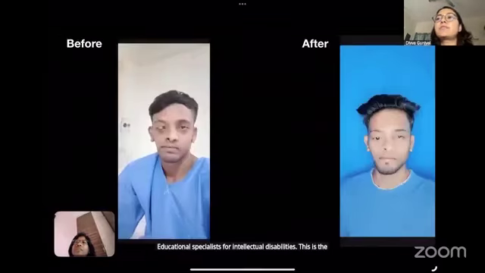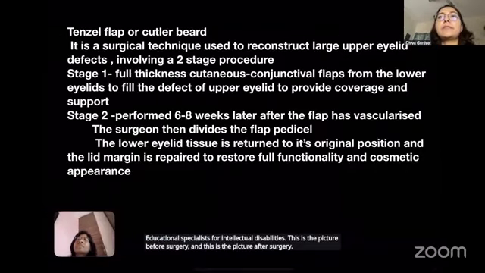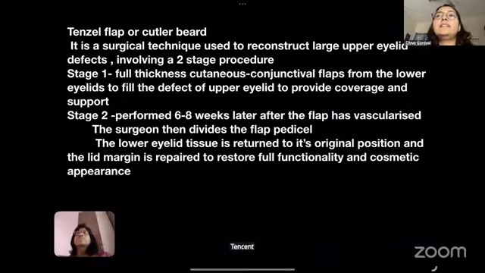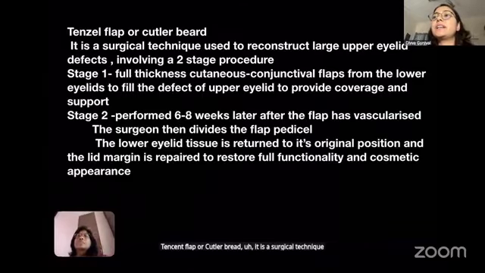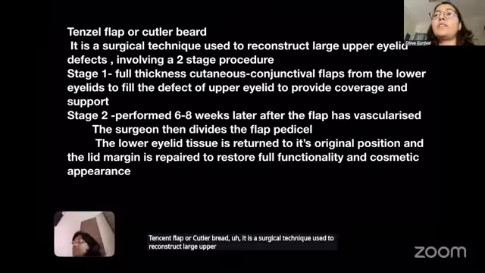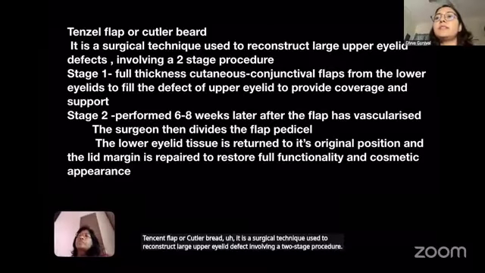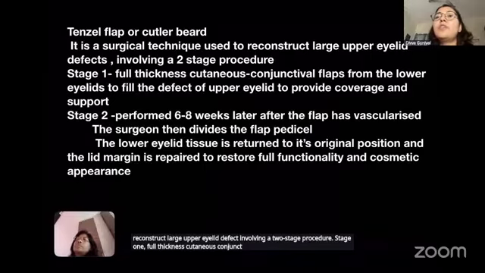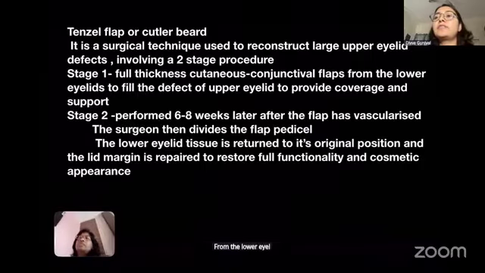This is the picture before surgery and this is the picture after surgery. Tension flap or Cutler-Beard flap. It is a surgical technique used to reconstruct large upper eyelid defects involving a two-stage procedure. Stage 1: full thickness cutaneous conjunctival flap from the lower eyelid to fill the defect of the upper eyelid to